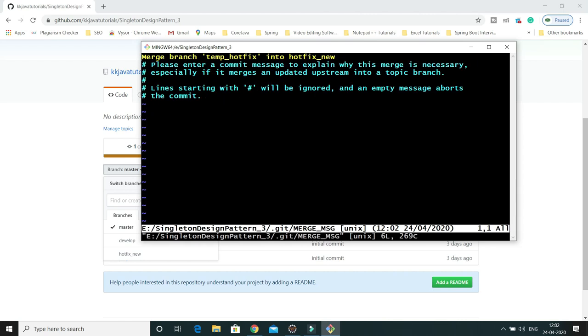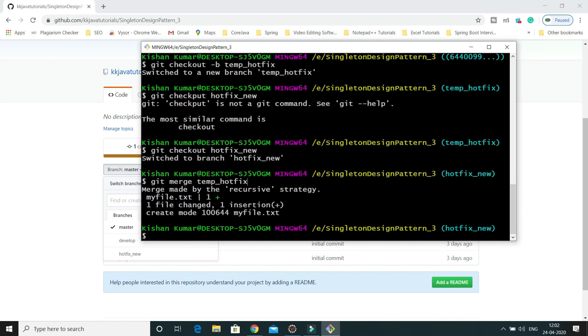So if I press enter, then here you can see it is asking me to enter the commit message. So whatever commit message is there I'll keep as it is, and I'll exit from this editor. So press colon wq and press enter, then it will come out, right? So now we have merged our changes into the hotfix.